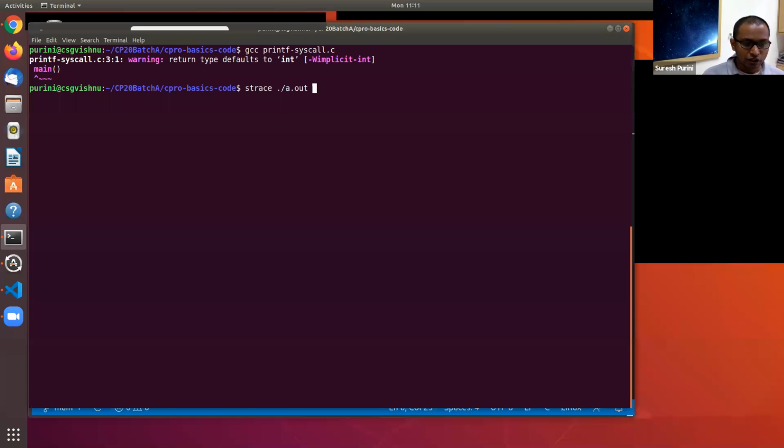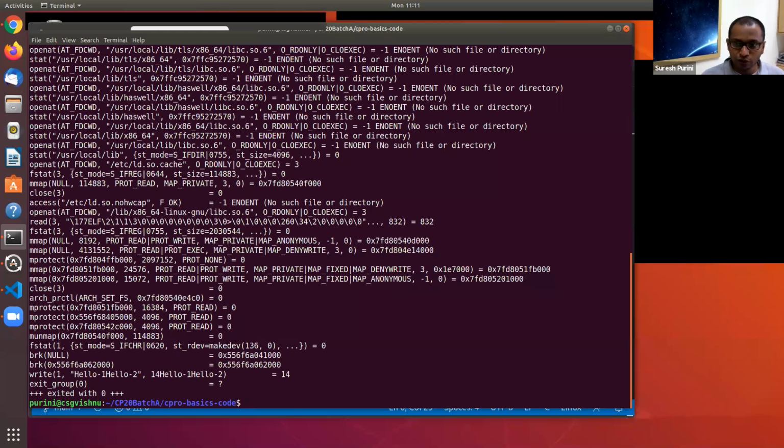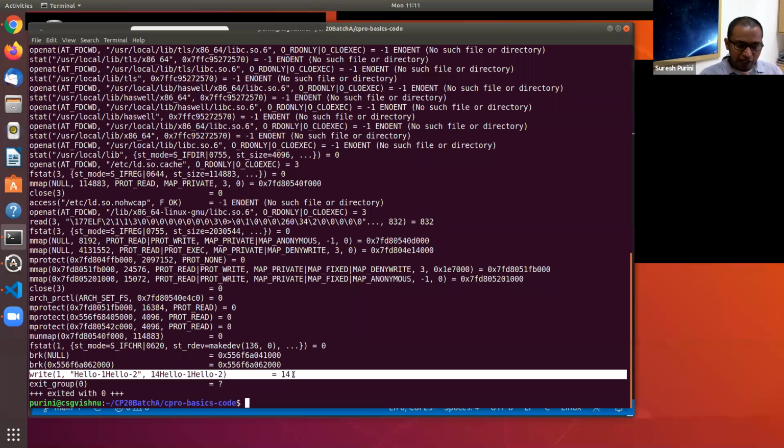strace dot. So now I really want you to pay attention, a very, very interesting observation on the line I am highlighting here. Your 2 printf library calls got mapped to only one write system call. Printf internally buffered.